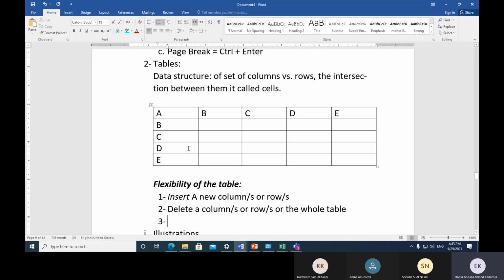So within the table it will have many different shapes. If I come on the top of this column, we will get a black down arrow,